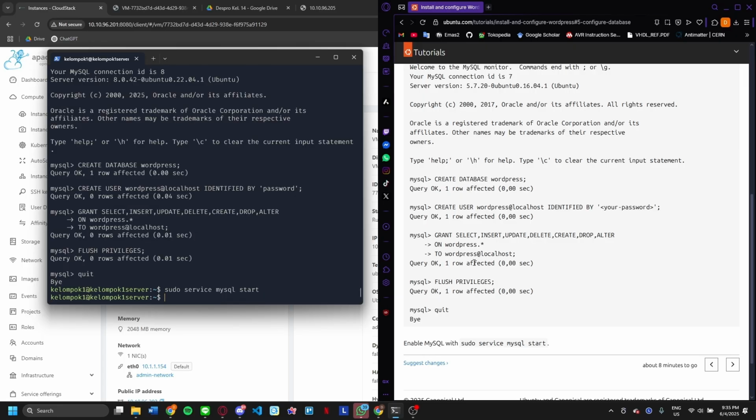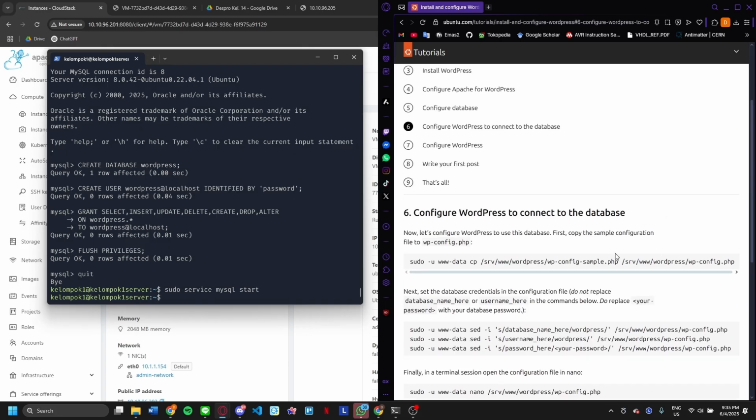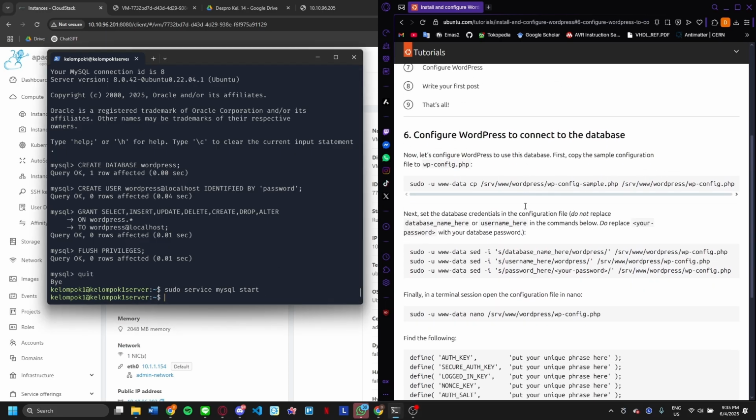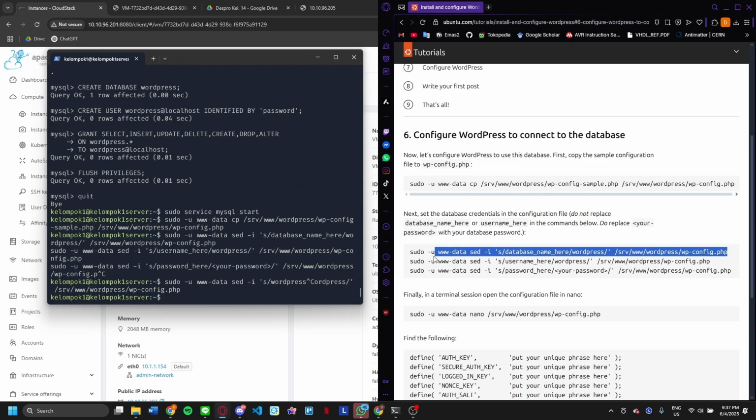All right, let's go to the next page. Here we are going to configure our WordPress to connect to the database. Just copy the commands here from the tutorial. So this is the sample configuration file,